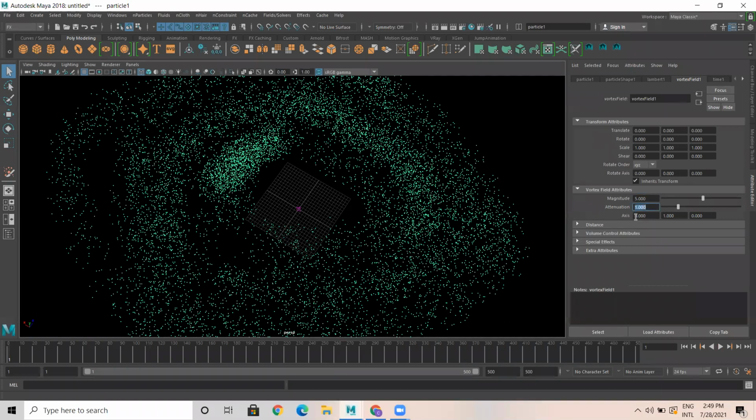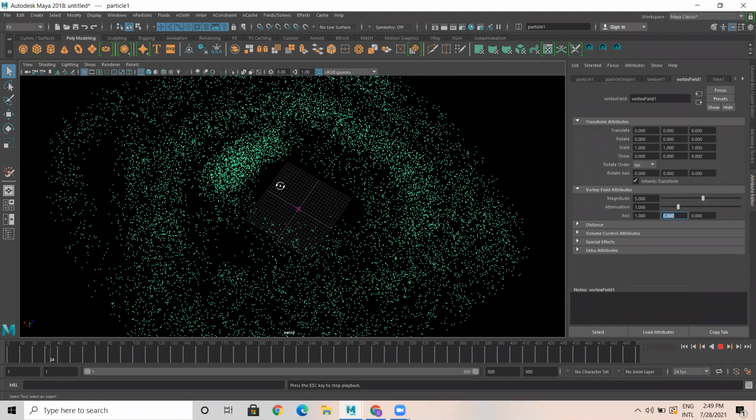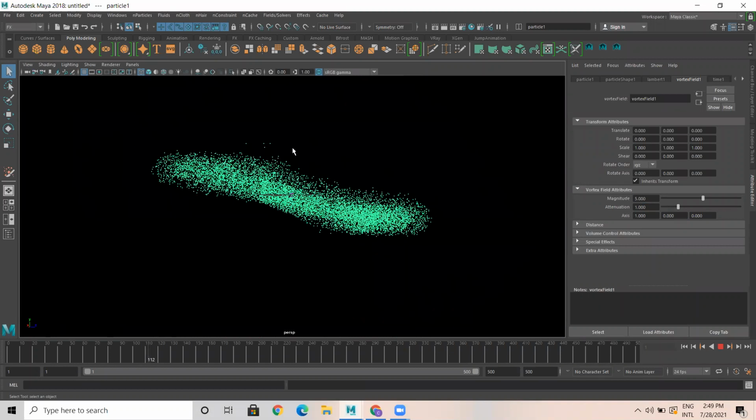And you can set the axis, on what axis it is rotating: x-axis, y-axis, z-axis. So it's working on the y-axis. Let's say I want this to work on the x-axis, and I make the y-axis 0. Observe what is happening here. Can you see it's rotating like this?